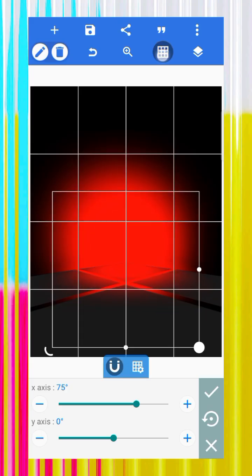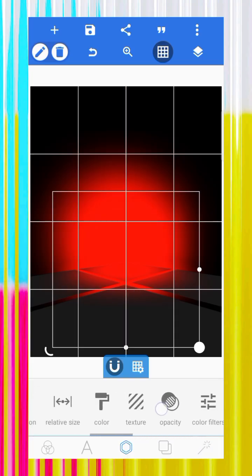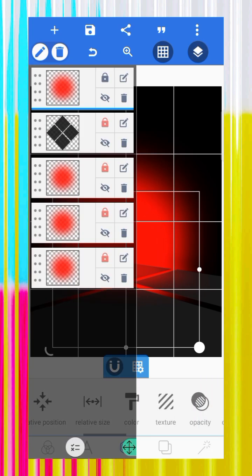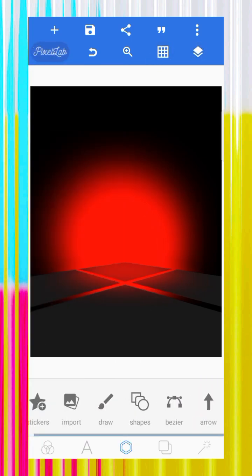Yeah, something like this is okay, very okay. Let me just go to the opacity and reduce it a little bit, so we have a nice smooth reflection. As you can see, the light is reflecting on this shape we did here, and I think that's amazing already. And what is going to happen is I'm going to bring in some